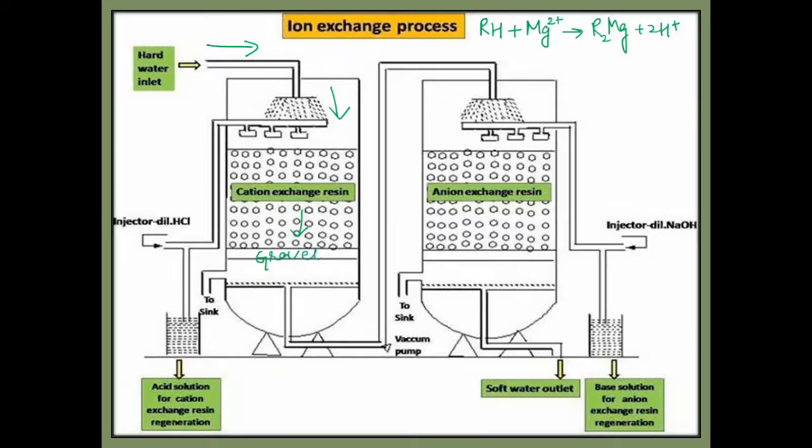I hope you remember in the zeolite process also there was a bed of gravel. Gravels are nothing but coarse, small pebbles, which are meant for filtration and which give the base to this bed so that these particles do not fall down. So it just allows the filtration. So the water will come down. Now which water am I talking about?